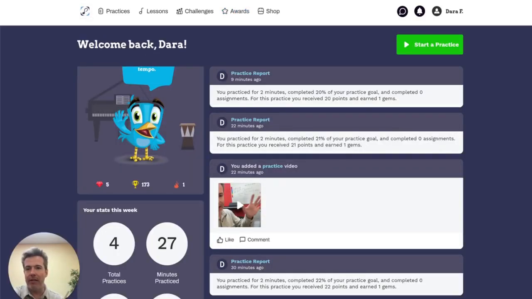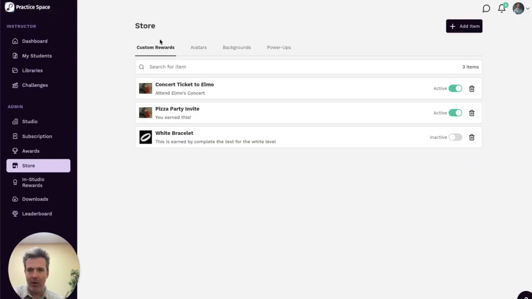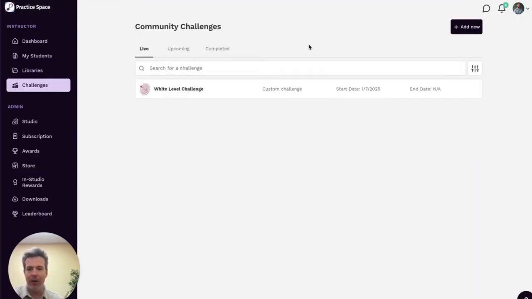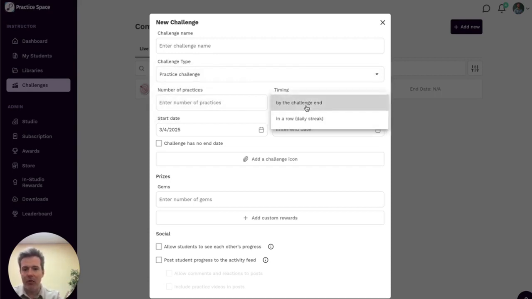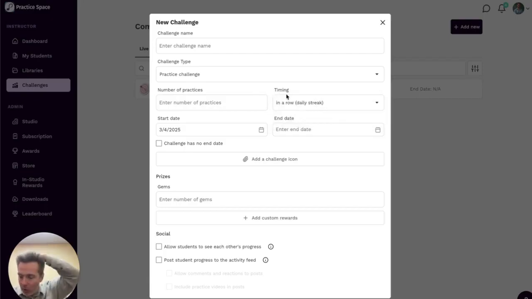And then, the next bit of student motivation also ties into something that we're going to talk about later, but you can do community challenges, so you can add different types of challenges. You can challenge individual students, you can challenge groups, and you can challenge your entire studio too. So a practice challenge is going to be like how many practices within a certain date range, and then you can also do like in a row, so like a streak challenge, like a custom streak challenge for your whole studio. So like 10 practices in a row in March, and they'll get a notification in the app that they're